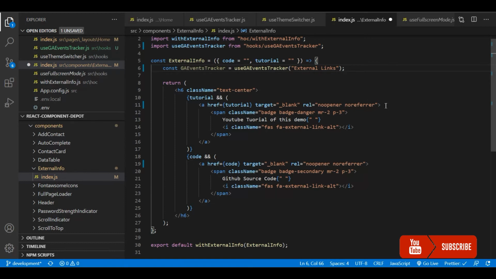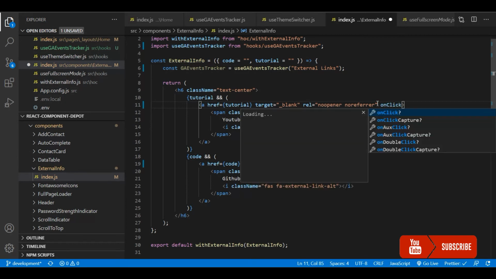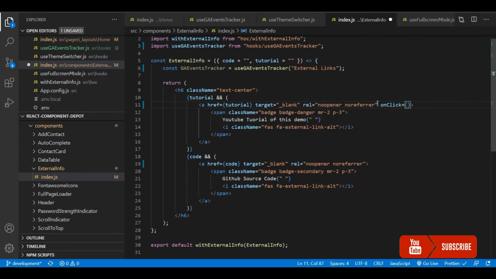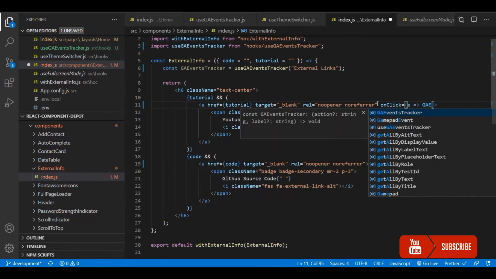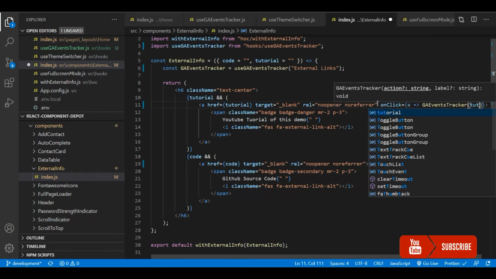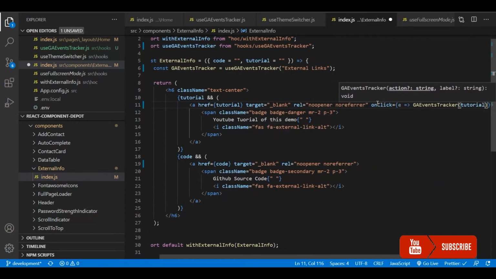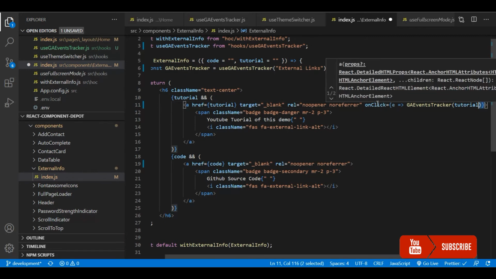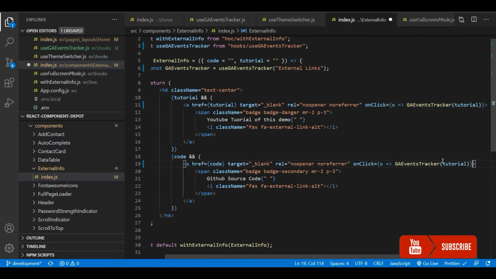This is purely based on your needs, so you can name it whatever you want in your application, however you want to track what you need to track. It depends on that. So here I'm going to have an onClick callback. In the callback, I'm going to trigger this with some actions. The action would be the link, the link for these pages.